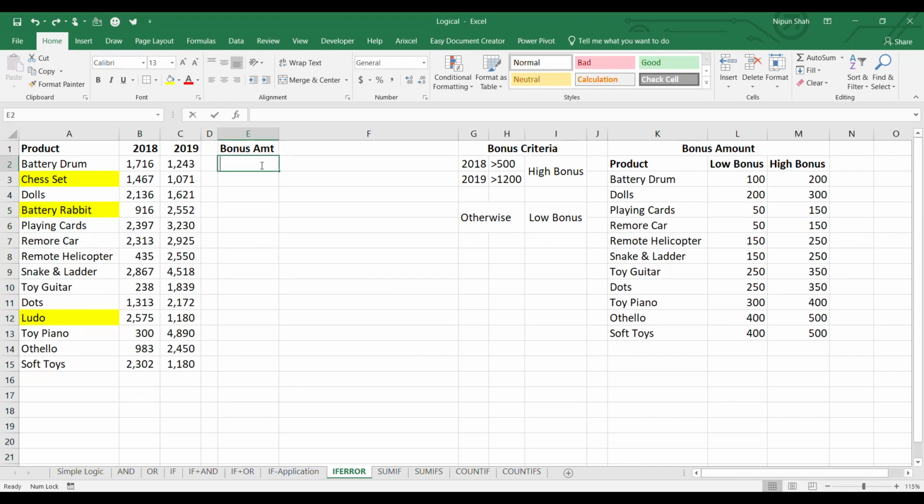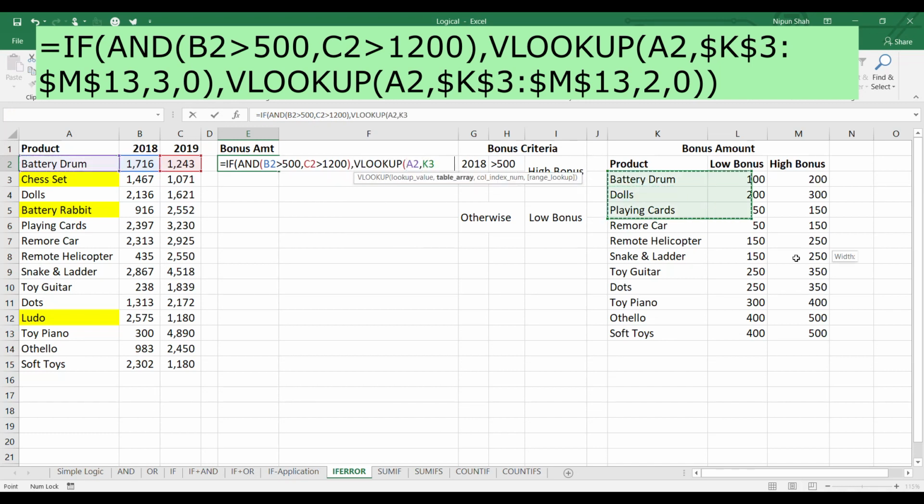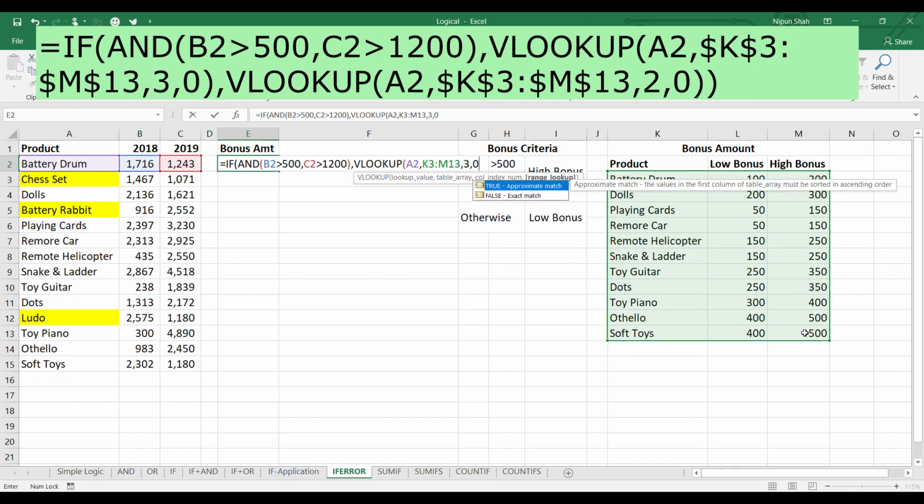Let's see how. So equal to IF and this is more than 500 and this is more than 1200, then we look up this within this table, column number 3, exact match, close VLOOKUP, then value if false.